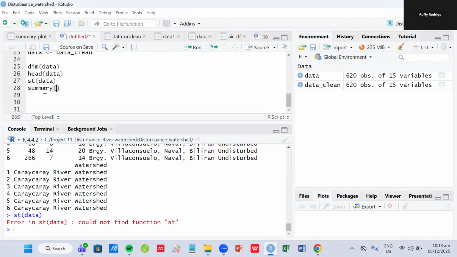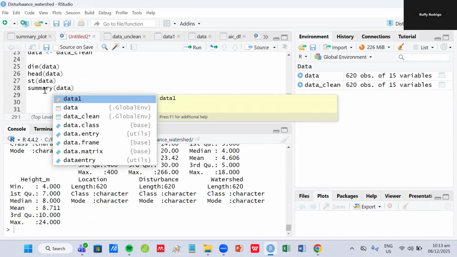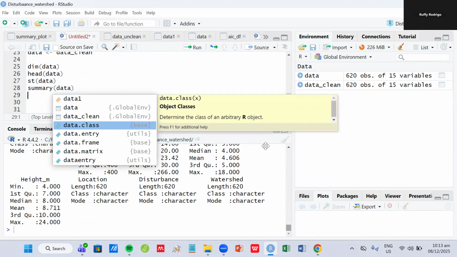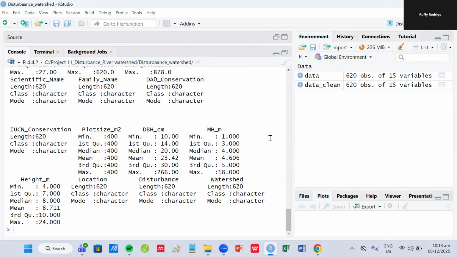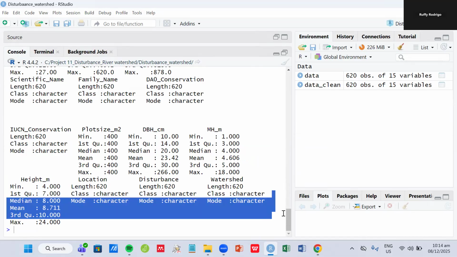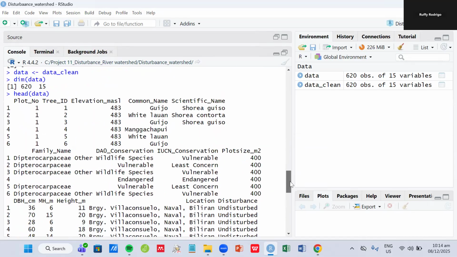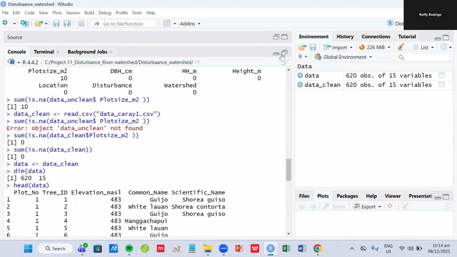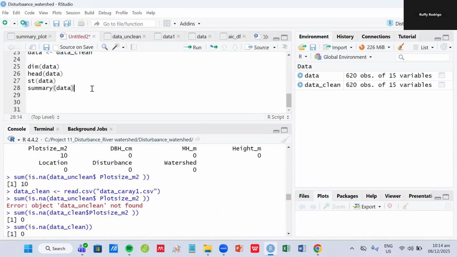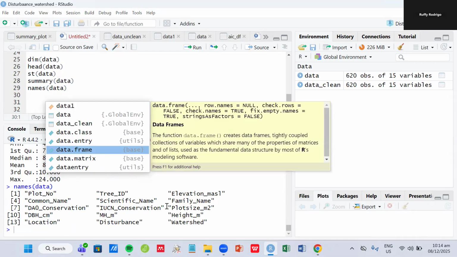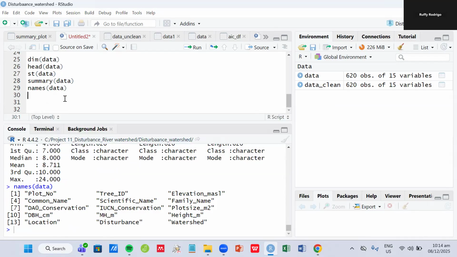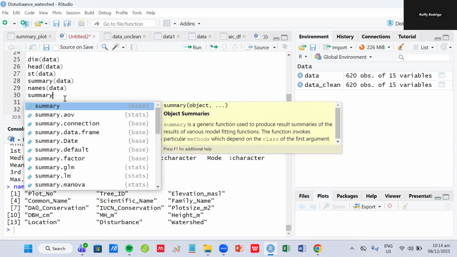You can do a summary of your data, so you can see all the parameters, from minimum to maximum. So basically, if you're only interested in the summary of your TPH and of your tree, check the names of my data just to make sure of the right parameter names. I want to look at TPH. Okay. So you can do it like this, summary data